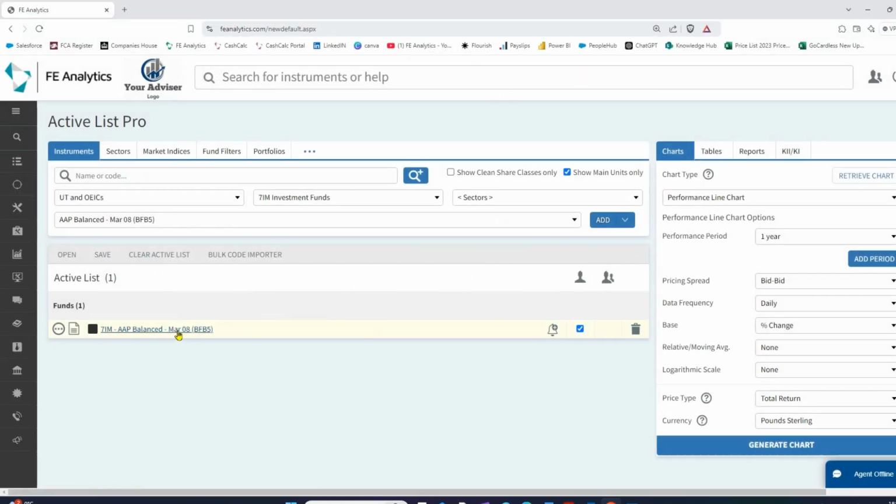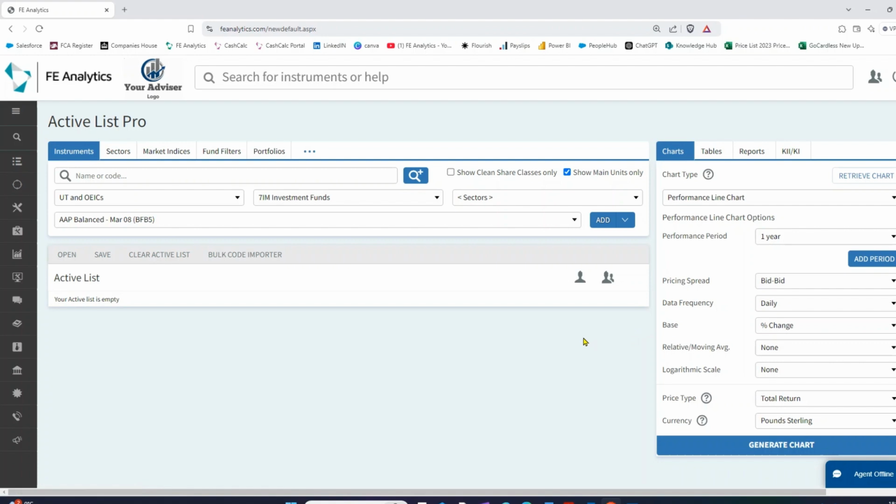You'll notice on every single fund that you add, you'll have a fact sheet icon and also an alerting icon as well. So we'll get more into that in some of the other tips. But if you want to delete a fund or anything from your active list, you can click on that dustbin icon. Now, you've also got little search boxes at the top here as well, here and here. So if you type in an ISIN code, a SEDOL code, a CITI code, a MEXID, or even just the name of the fund, it will try and find that fund for you.